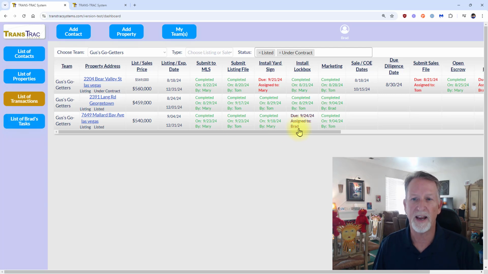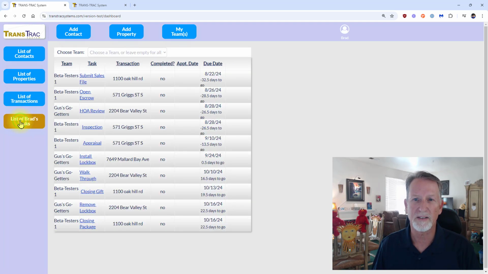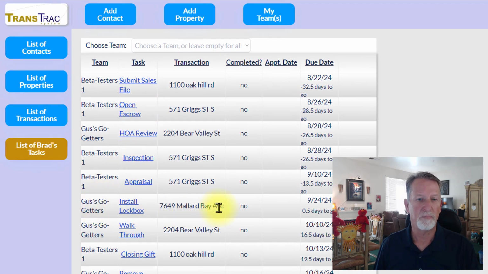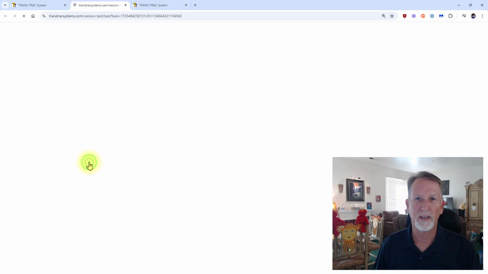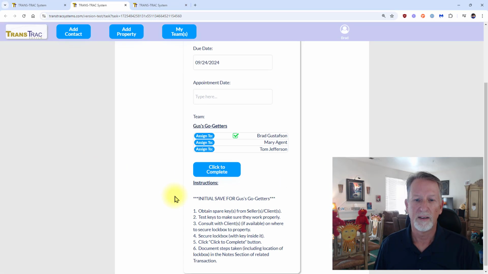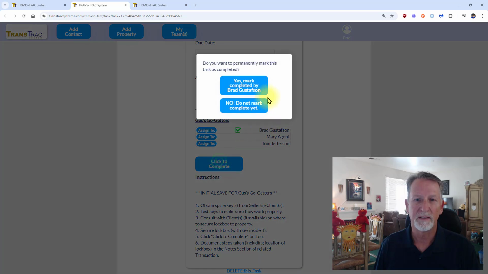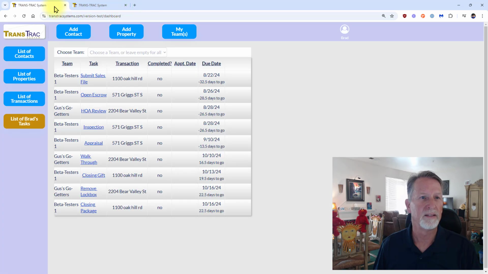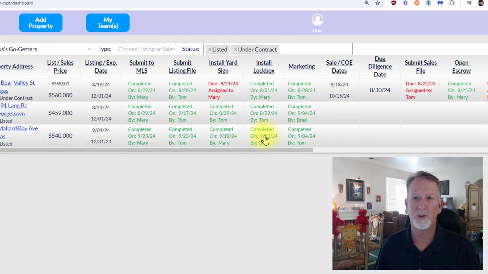Next way to find that task, which is Install Lockbox assigned to Brad, is I go to the list of Brad's tasks, and I see from my list of tasks that the Mallard Bay Install Lockbox is not completed, so I click there, select Complete, and yes, it's completed by me, and it now disappears from my list of tasks and shows green